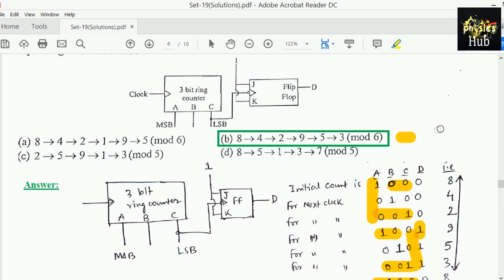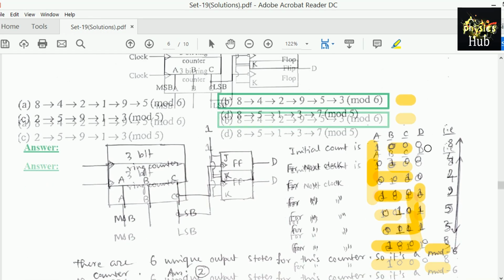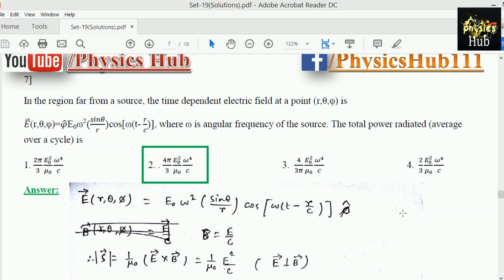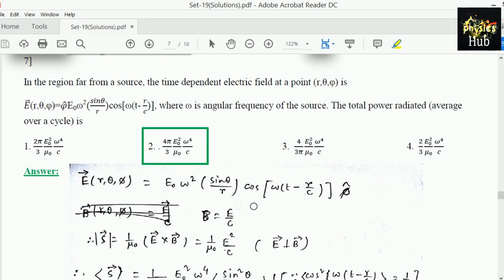Option 2 is the correct option. Power from a source, the time dependent electric field at a point r, theta, phi is E(r, theta, phi) equals to this, where omega is the angular frequency of the source. The total power radiated averaged over a cycle is? Okay, to solve this problem,